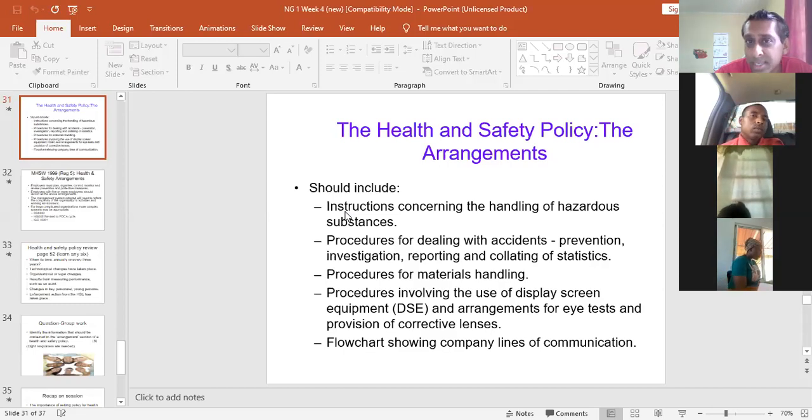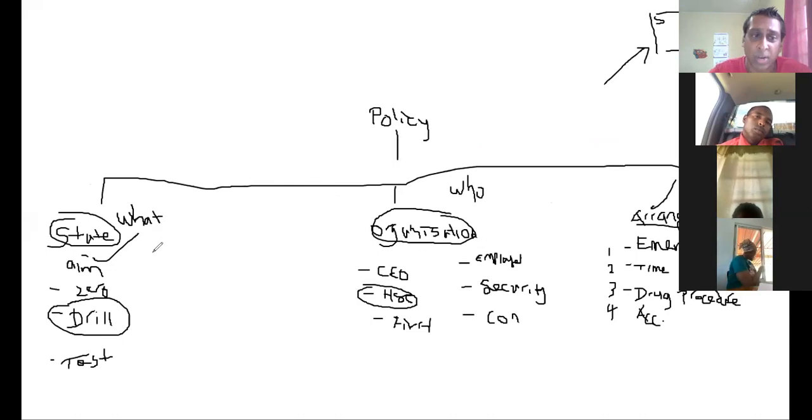I'm gonna go back and try to show you the chart. What I was saying and my way of teaching is that if you can understand that, you can simply make it up. If you understand the statement of intent is what you want to accomplish, you can just make up 8 aims. Reduce accidents to zero, reduce environmental spills, have more training, all of those could be the what, right? The organization is who is to do the what. You can simply make up 4 persons. Of course, it has more than 4 here already. And the arrangements is just 8 procedures that you need to think of.